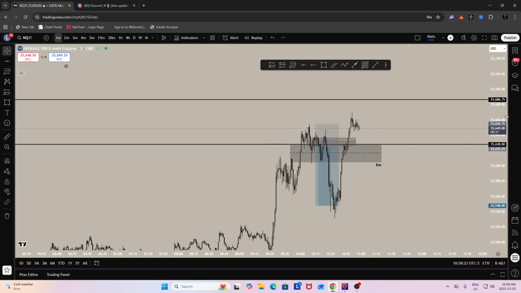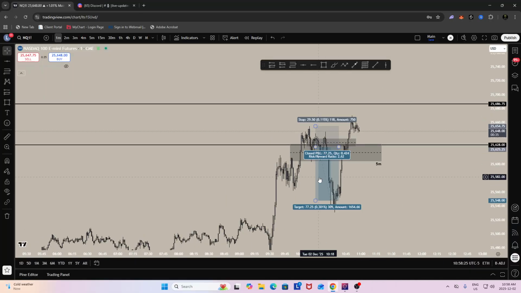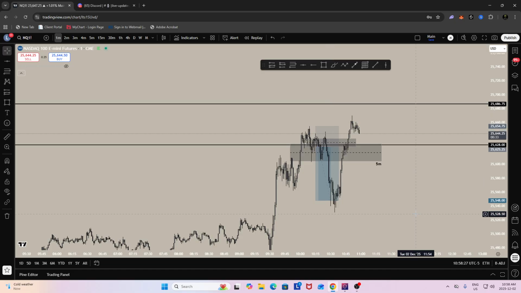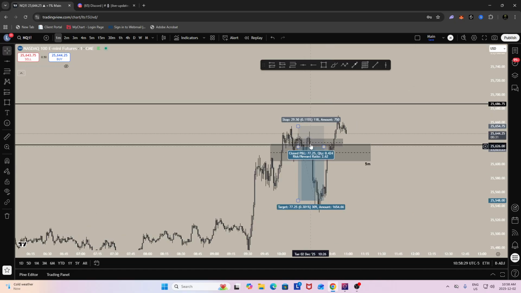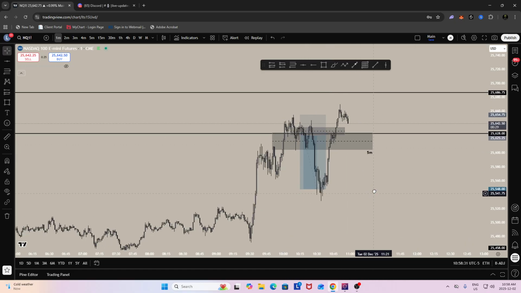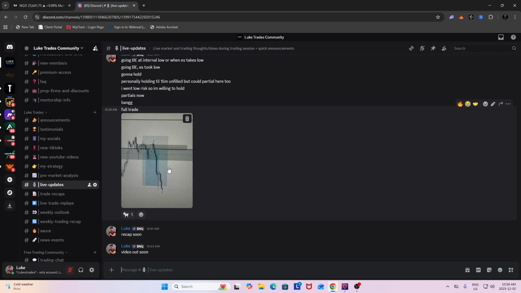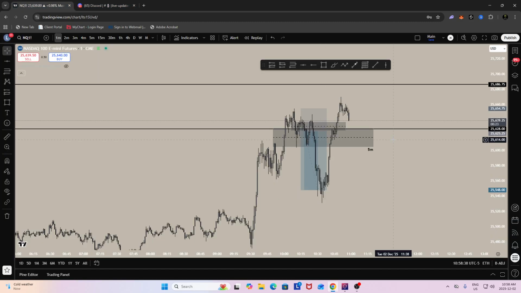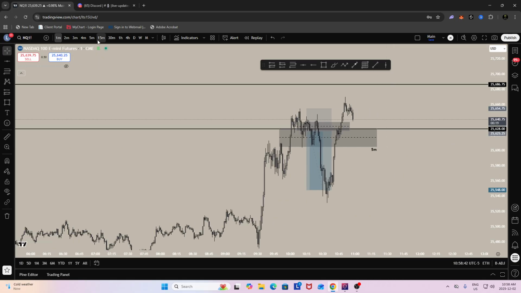This is Luke here. We had one trade today. We hit a beautiful 2.6R kind of reversal style trade. We ended up getting break even, and then we re-entered and ended up taking the win. I have to post the executions in the Discord, but I'll do that a little bit later when I get a chance. I'm just logged out of my account right now, but super happy with how this trade played